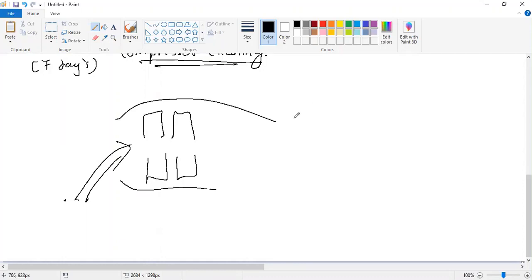Wherever there is a sea, when the aeroplane flies, the saline water comes in contact with the material of the blade. If the salt is available, it will lead to the corrosion of the blades. So when the aeroplane lands, after every 7 days, you need to clean the compressor.